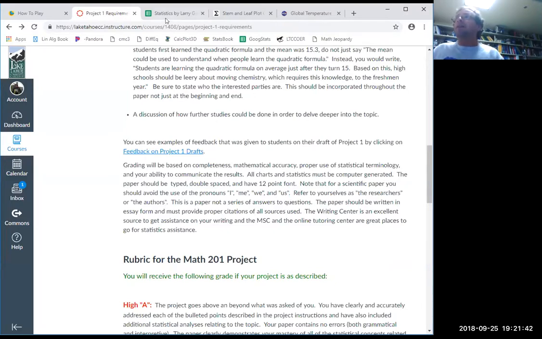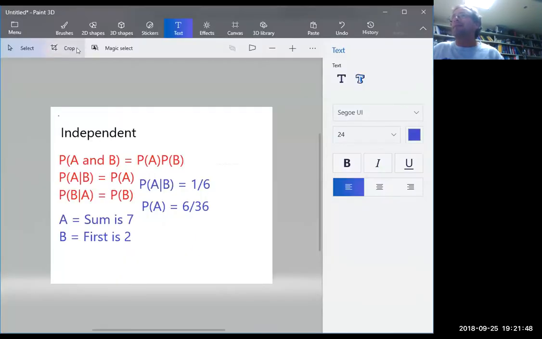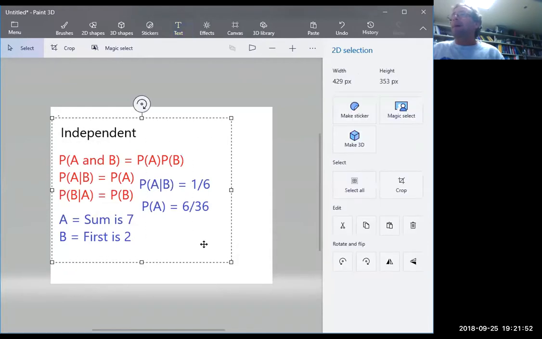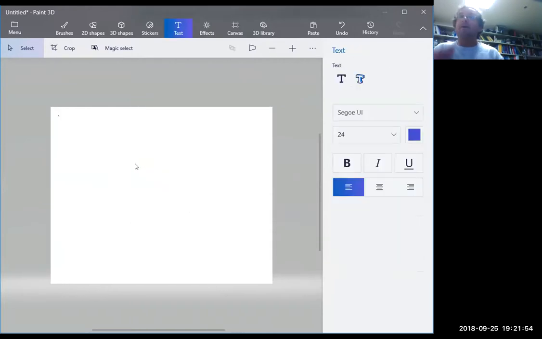All right, so I want to go back to this guy because I want to type out a list. It's important enough that I really want to write it out. By the way, this is a bit of a longer webinar than usual because I'm going through the project. And there's a lot to talk about. This is chapter 3 and the project. So hopefully you're catching this, and this will be recorded, so you could take notes, which is good, but you can also rewatch it if you want.